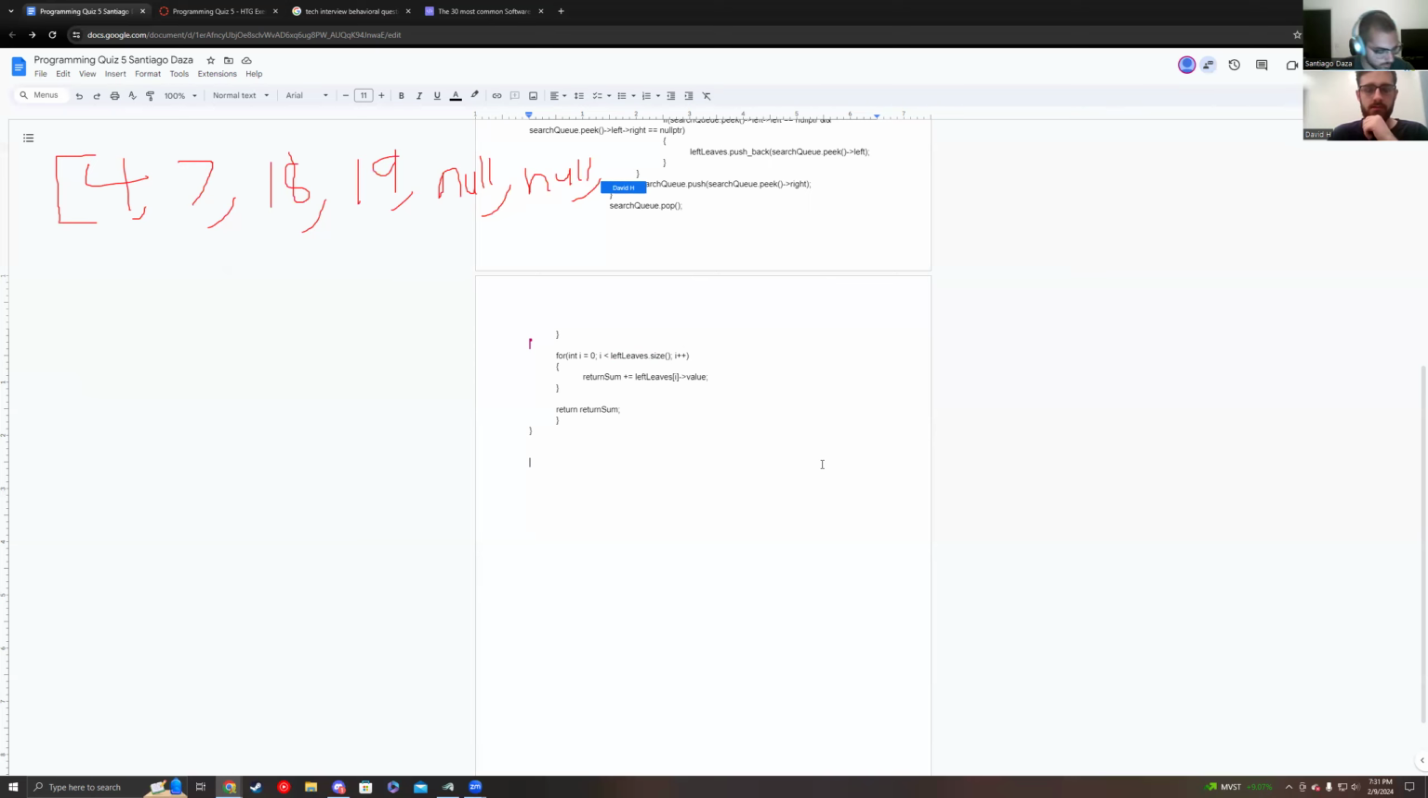Oh, let's do a big example here. 20, 3, and 5. I think that's right. I'll draw it out because I'm not sure if the nulls are in the right spot, but